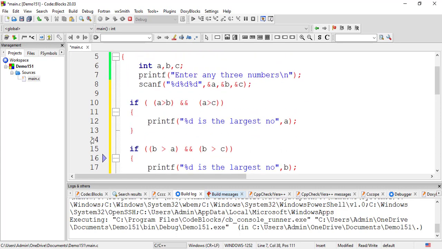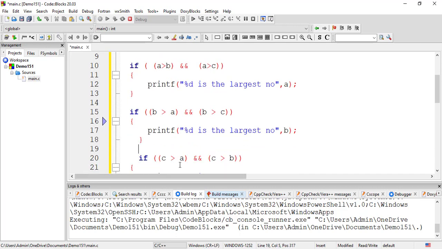Now in this case, what will happen? First it will check this. Even if this becomes true, the compiler is going to check this also. And whether this is true or false, it's going to check this third one also. All these three conditions get checked by the compiler. So this program is not an optimized version, but it is correct. What we want to do is understand how you can combine two expressions into one statement using a logical AND operator.